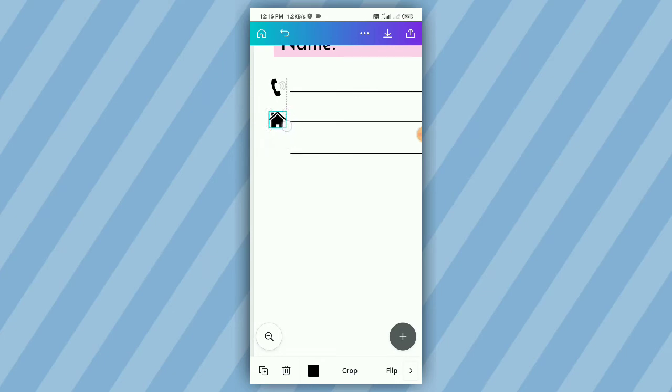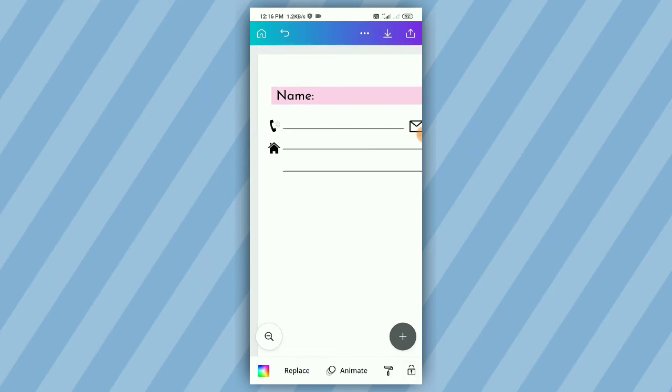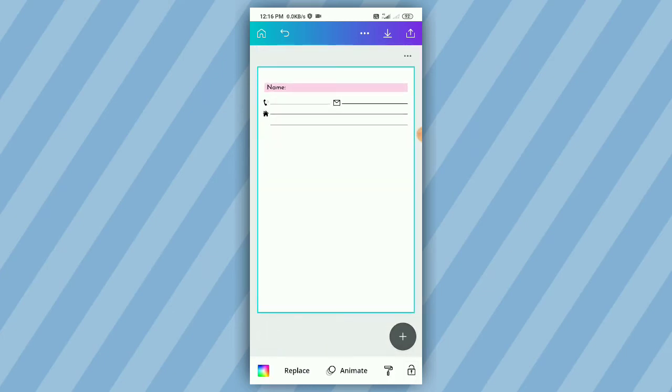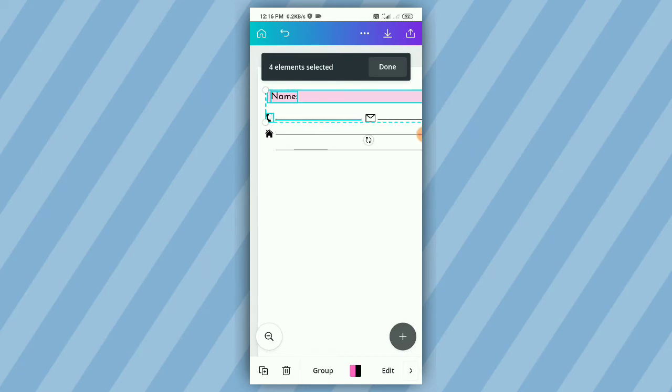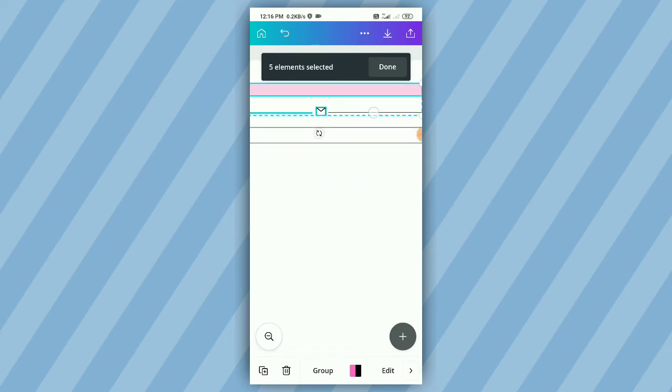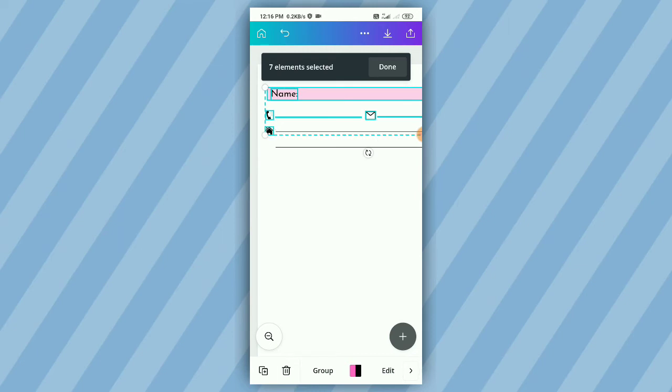You can change the color, change the size, whatever you want, guys. Now I fixed it. Okay guys, now all the work is finished. We can use only the copy and paste method. Now we merge all these elements into a single element. Just long press any one and select one by one. You can see how I do.